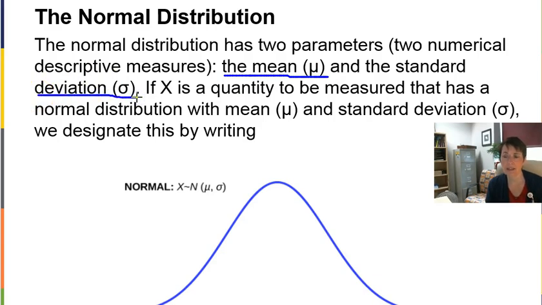So when we're talking and have problems about a standard, I almost said standard normal. Nope, just the normal distribution. We're going to be talking about the mean and standard deviation of that. This might be a little confusing, but we're talking about x is a quantity to be measured that has a normal distribution. So in that previous example, it was shoe size, right? X would be the shoe size. And it has a normal distribution with a mean of mu and a standard deviation. This is kind of how we write it. Instead of in words, that's how we would write it without words,